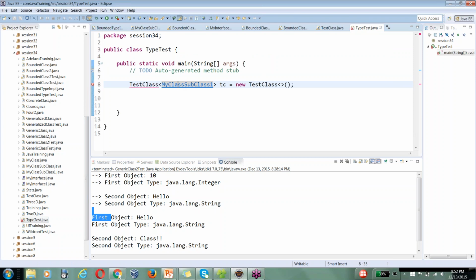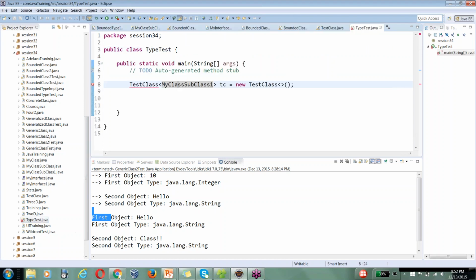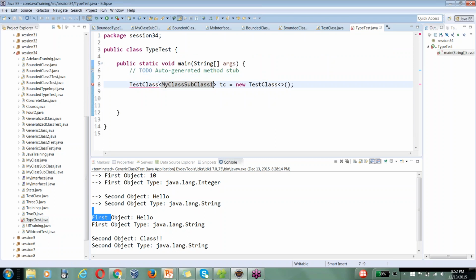So that means it should implement both, interface 1. Okay, so that is when this will become valid. Here also it is not valid, right? Incorrect number of arguments. Okay. So what it is saying is, any class that implements